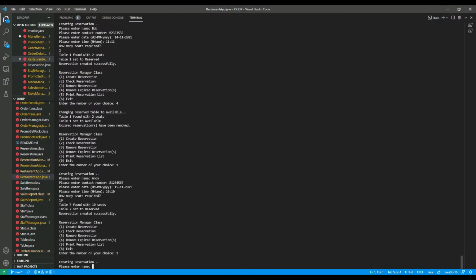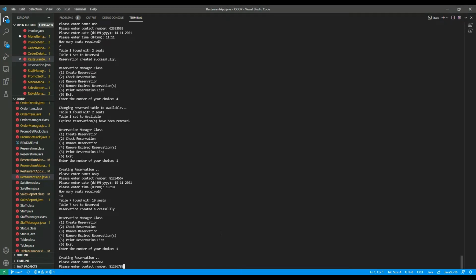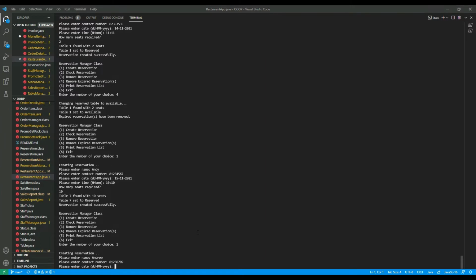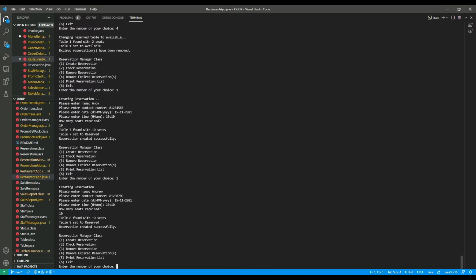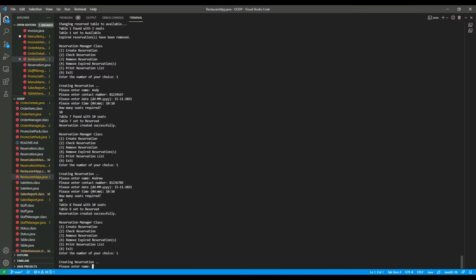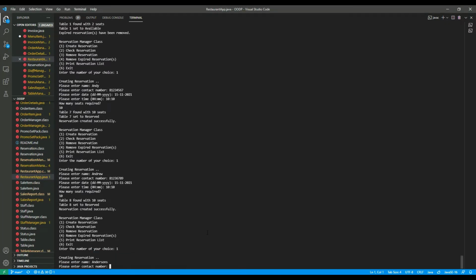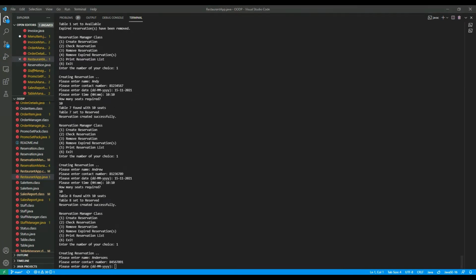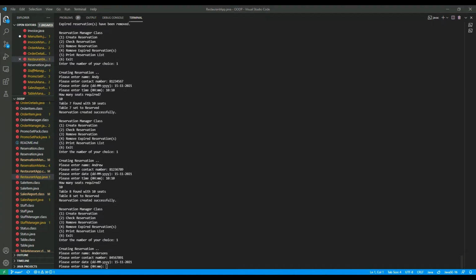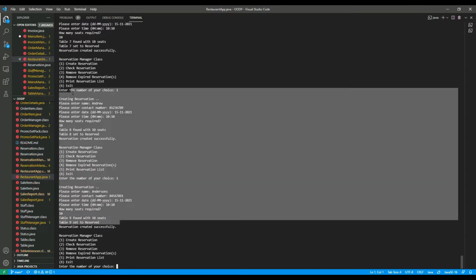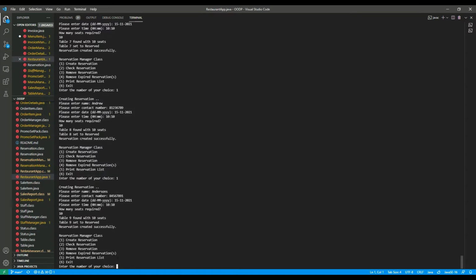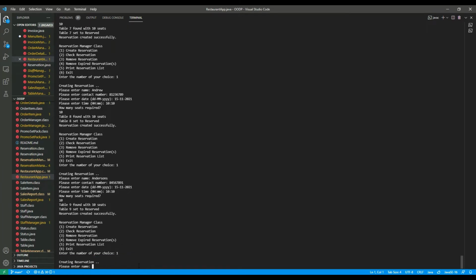Seats. Last reservation. Seats. So 3 reservations with 10 seats have been created, and next we will need to create a new reservation